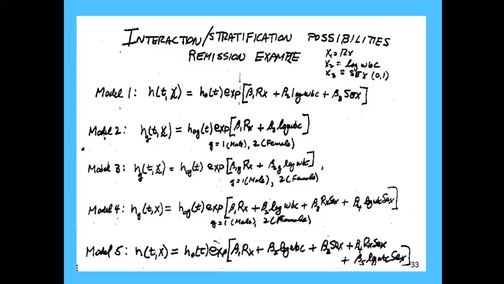Okay. What about model 4? What kind of a model is that? Well, we know it's a stratified Cox model because you see the subscript G. What kind of a stratified Cox model? Is it a no interaction stratified Cox or an interaction stratified Cox model? It's an interaction stratified Cox model because I showed you last time that you could write an interaction stratified Cox